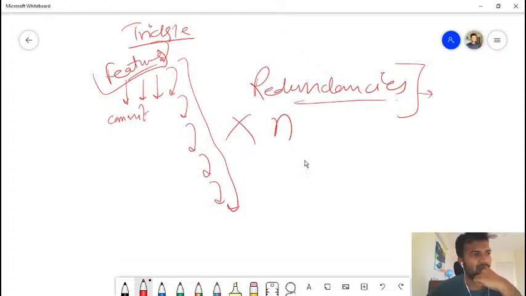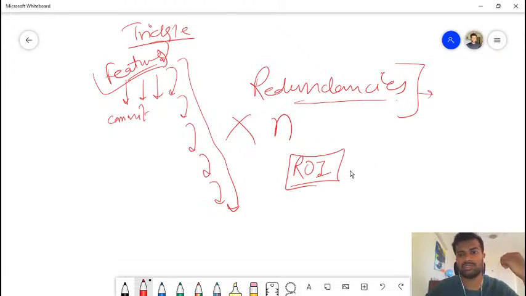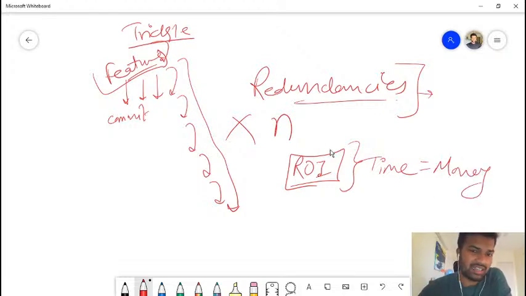What do we call it? We call it return on investment, or ROI. People generally talk about these things. So when it comes to ROI on DevOps, yes, faster build process, shorter time to market, my applications would be deployed faster, there would be reliability in it, but at the end of the day, what is it actually giving you? This ROI comes from the fact that anything that you do is saving time, and that time equals money, and everybody knows about that, right?